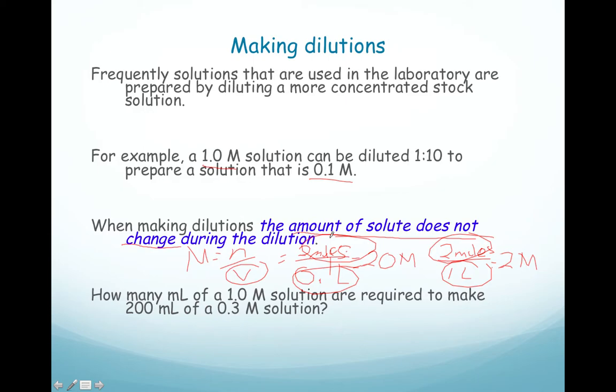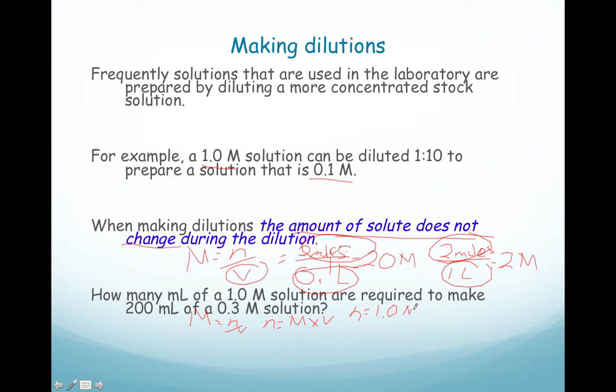So we set up above that your moles stay the same. In order to calculate moles, you're going to take molarity times the volume. So with M equals n over V, if I'm solving for n, because that's got to stay the same, I'm going to take my molarity times my volume. In this case, I have a 1.0 molar solution, and I have 200 milliliters of it. So I know that my moles are going to be equal to